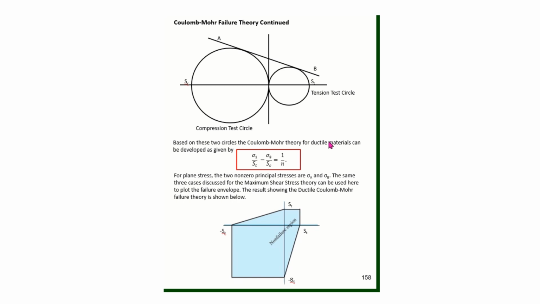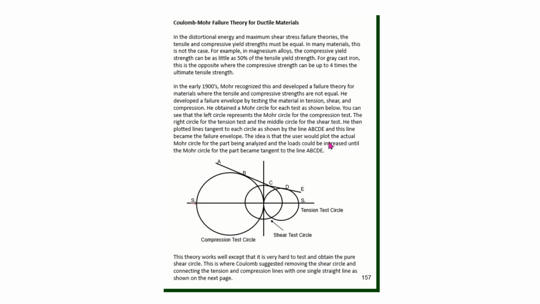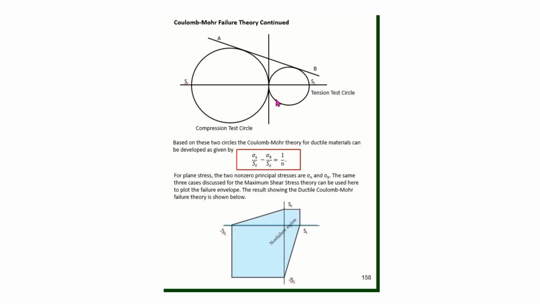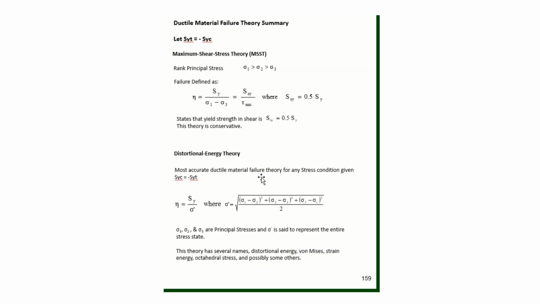So associated with the Coulomb-Mohr failure theory, I will expect you to be able to explain how it was derived and how Coulomb simplified the theory. And then this equation here, we need to make sure we know this expression that represents the failure envelope. So in summary of the methods, if we let the tensile yield and the compressive yield be equal, we have